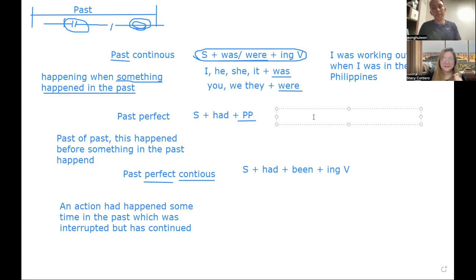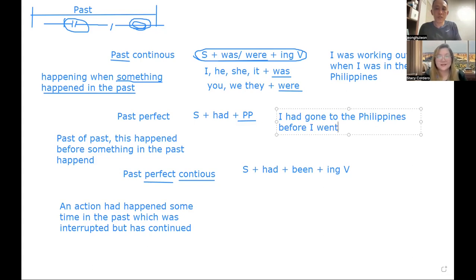Use a different sentence. Do you want me to help you? Yeah. Okay. So where else have you gone to? Because we are talking about the place and a matter of time. So you said you had gone to the Philippines. So now you're in Korea, right? This is the present. We are missing something here in between. We need one more place. It's okay. Think of any countries. Let's say I had gone to the Philippines before I went to China. China. Okay,